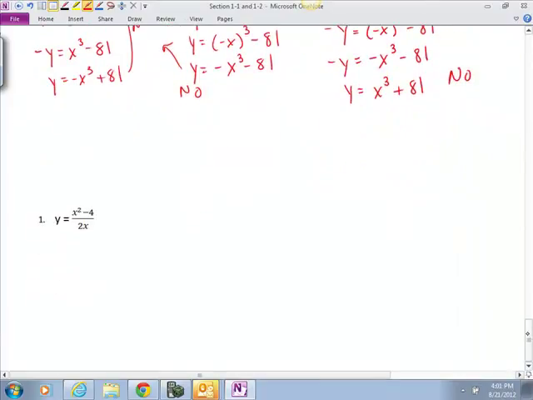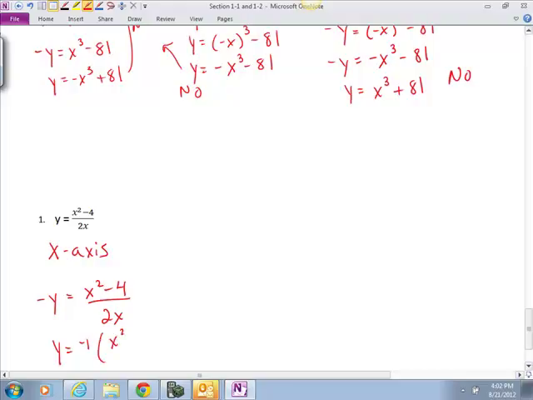Okay, let's do a fraction one. Let's see how this one is. Let's try x-axis. So for x-axis, we're going to put -y in. We'll replace y with -y. So we have -y equals x squared minus 4 divided by 2x. Now if you clean this up to simplify here, you're going to have y equals, you divide through by -1, which is just going to be like